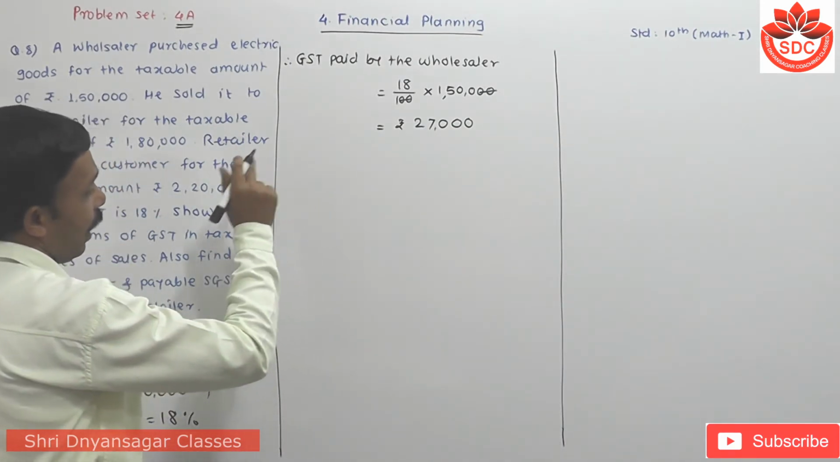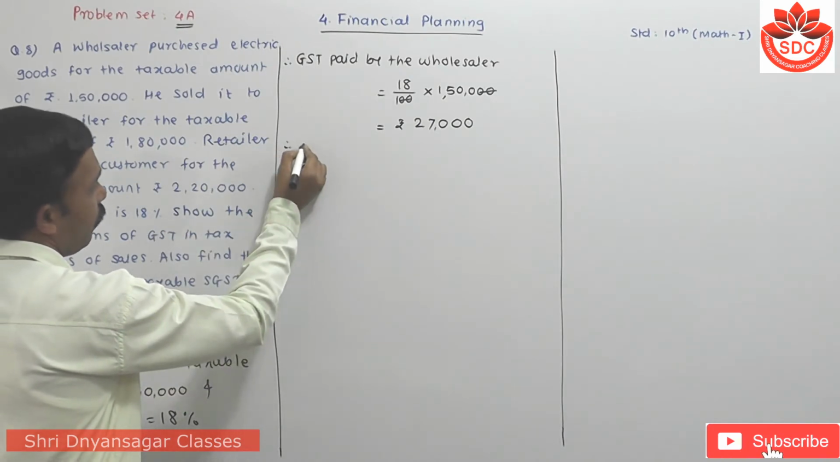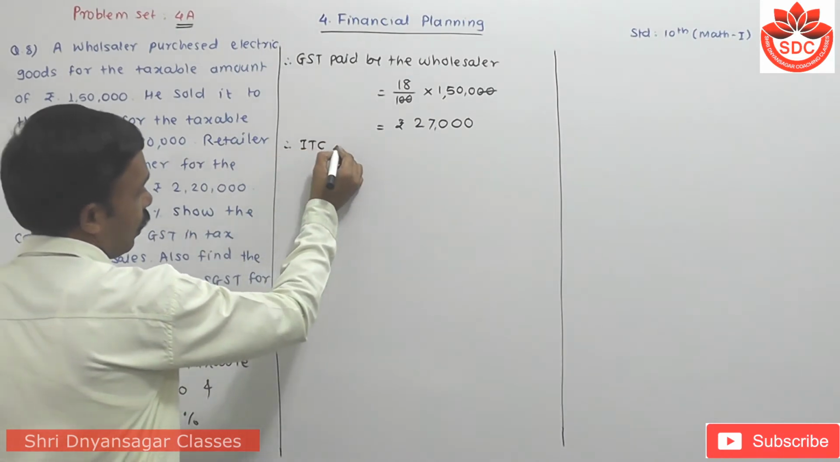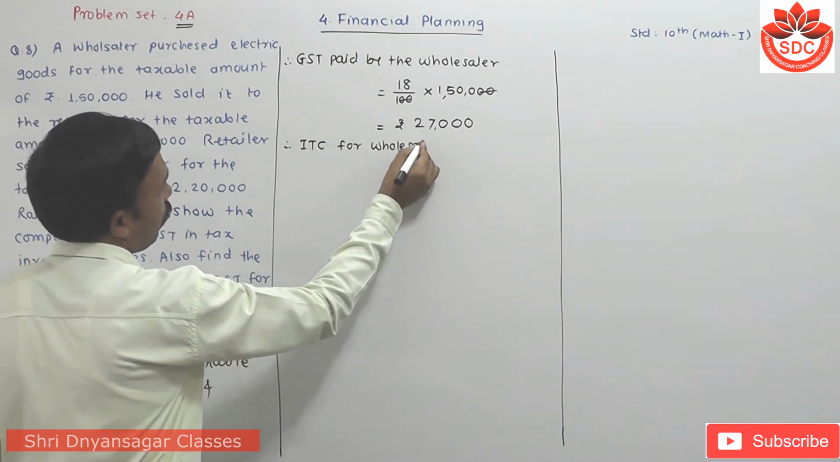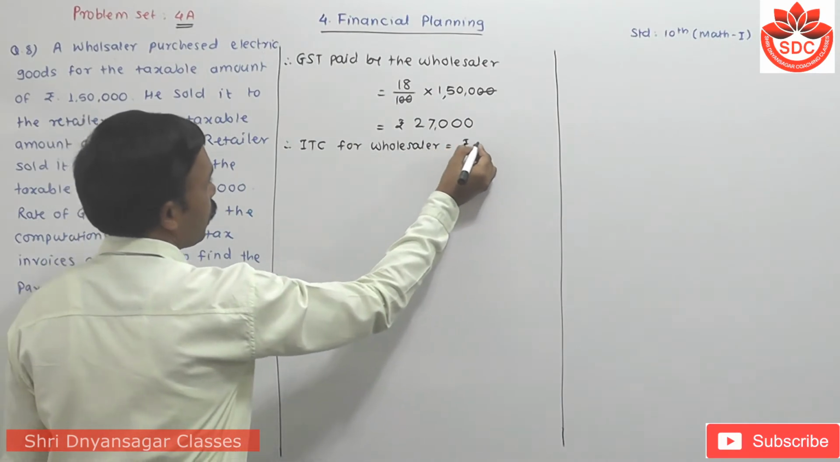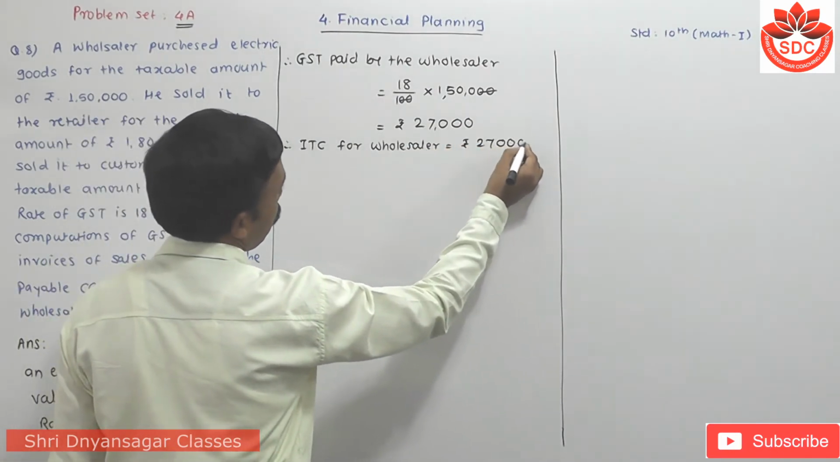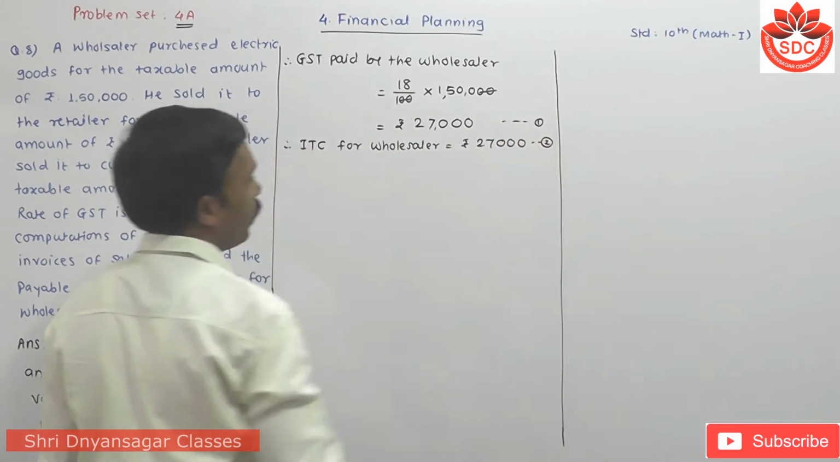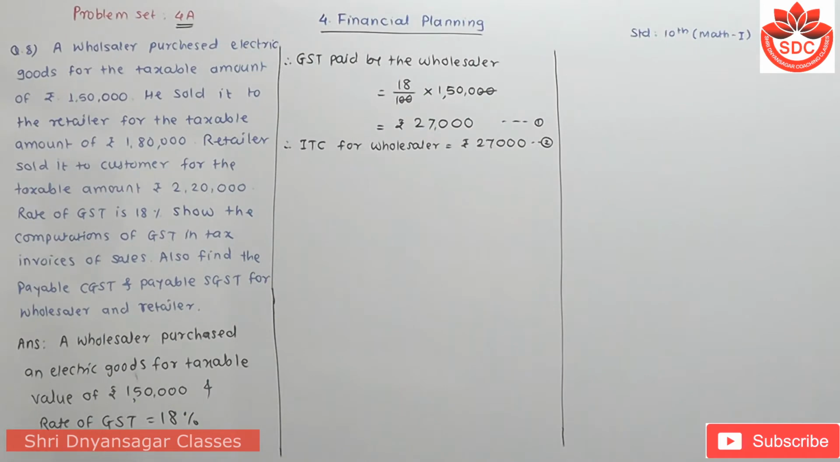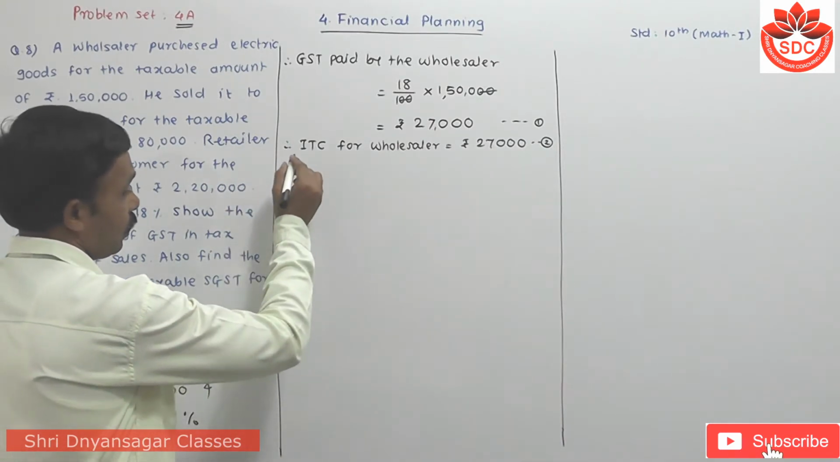Now this is the ITC for the wholesaler. Therefore, ITC for the wholesaler is equal to rupees how much? 27,000. Suppose this is equation first and this is equation number second. ITC is rupees 27,000. Then student, the wholesaler sold this item to the retailer, so the wholesaler sold the